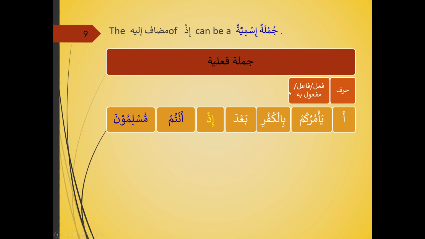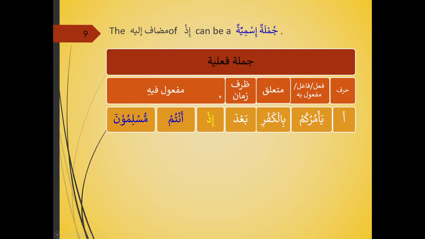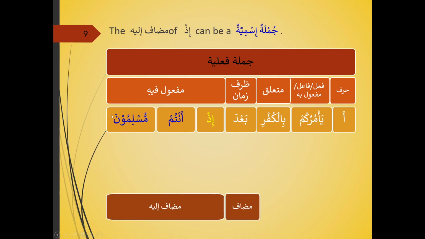This is istifham, fi'il, fa'il, muta'ali. We had one zarf, and then what I said was a maf'ul fihi, even though this is back to back two zarfs. You will not find this outside the Quran. You will only find this style within the Quran. This is a rhetorical function that Allah has used to make his message effective. So we have a big mudaf here, and then a mudaf ilay here.